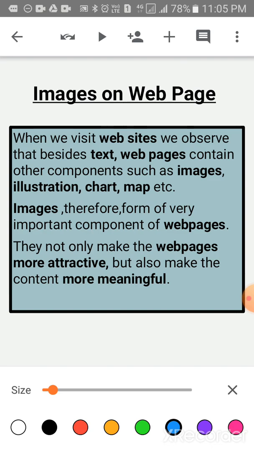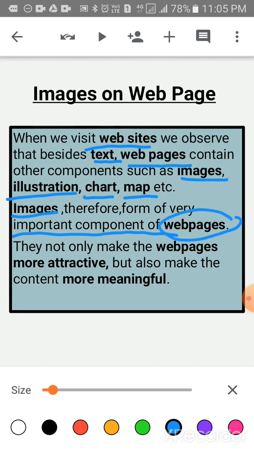How to insert images in your web page. Children, when we visit a website, we observe that besides text, web pages contain other components such as images, illustrations, charts, maps, etc. Images therefore form a very important component of web pages.